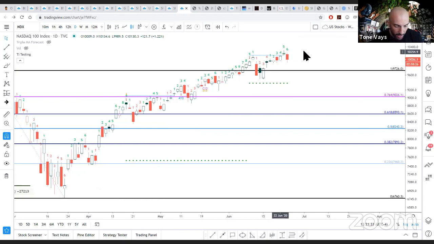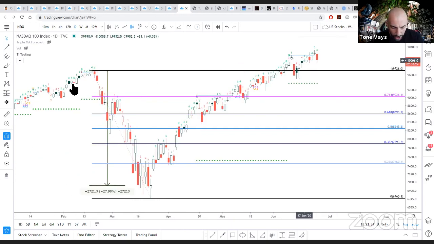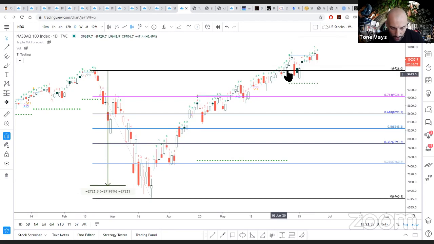Obviously at a new all-time high. Remember, I am bullish at all-time high break. So I am bullish NASDAQ here as of June 4. Obviously, I was bearish here, and I am bullish again at all-time high, but at the same time, I'm short the S&P.